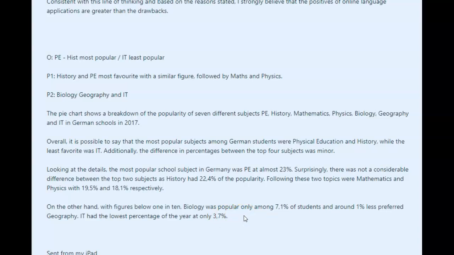And if you looked at this, you could see that this figure 3 is kind of predominant, and then you've got like that 6% for geography, you've got this 7% here. So you could have also said that this is only about like 1/3 of the top most popular subject, okay? So you could have done stuff like that, all right? And this helps you extend your answer a little bit and also make some meaningful comparisons, because the instructions usually say something like make comparisons where relevant. So that's something you could have done.